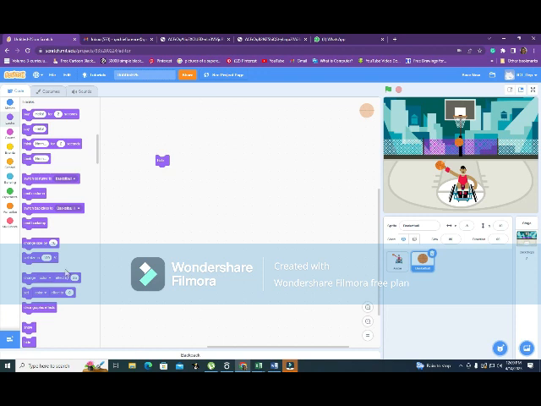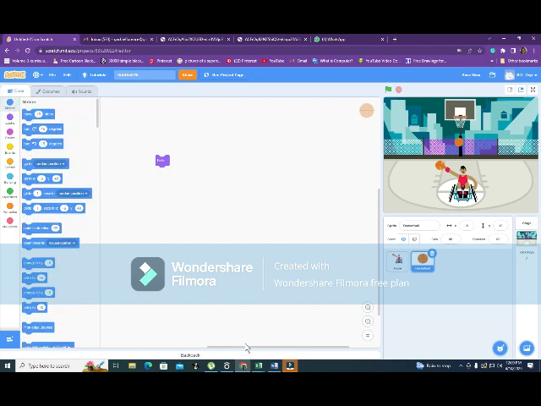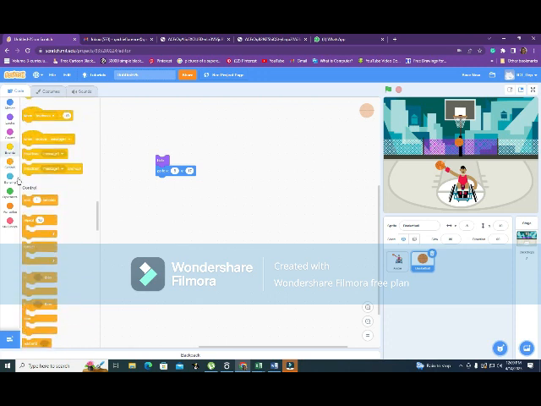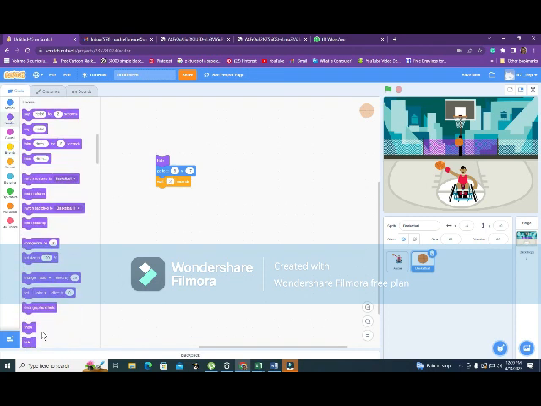So we'll click on motion blocks. I'll change the code here for you. We want X on 8 and Y on 17. The position we want him to be, and the ball to be there. Then we'll have to wait. So we wait 2 seconds, then show. Okay, we click on show,